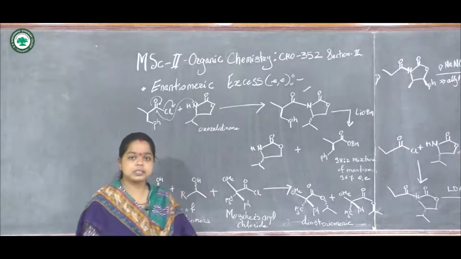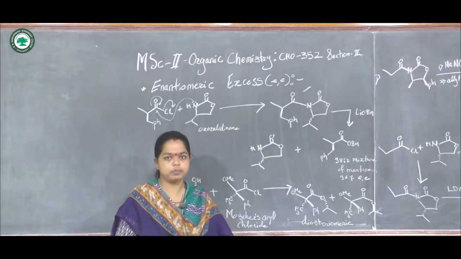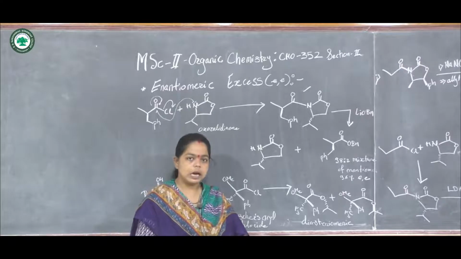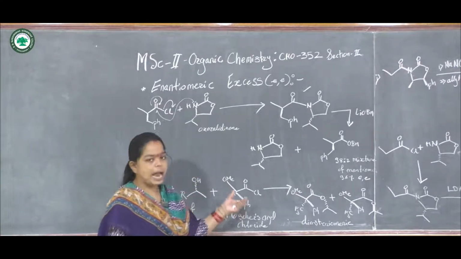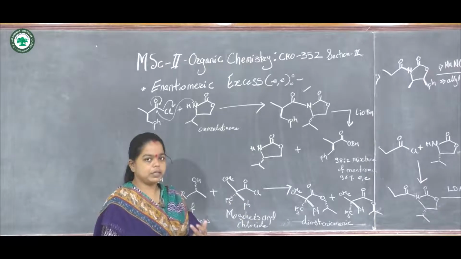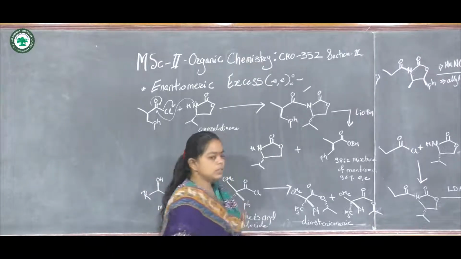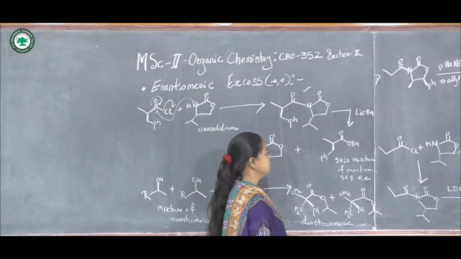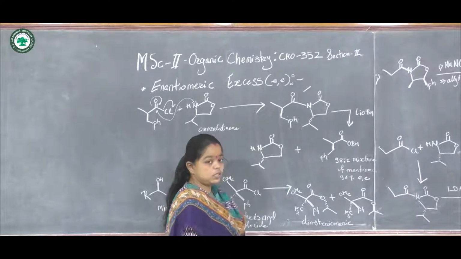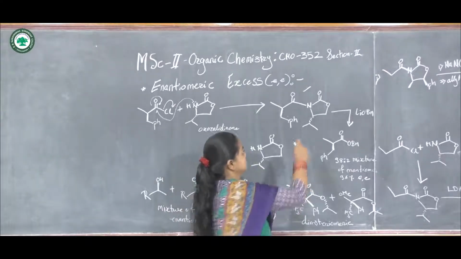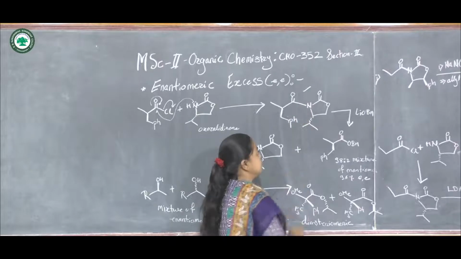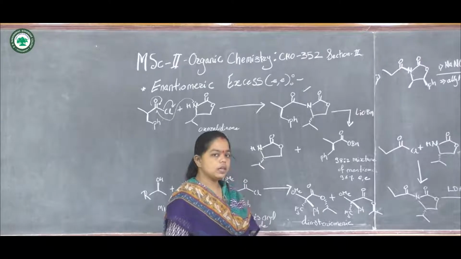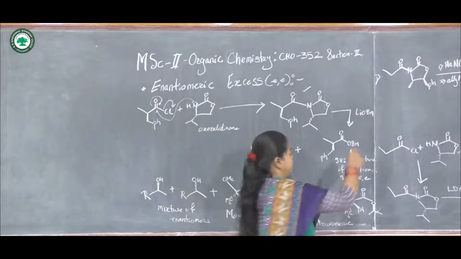Now this compound is present in a highly enantiomerically pure form, because now the chiral auxiliary is attached to the substrate, so it becomes chiral. Now the substrate becomes chiral, and now we can react it with a particular reagent. After incorporation of the chiral auxiliary, we can again remove the chiral auxiliary and convert it into a stable compound by reacting with the